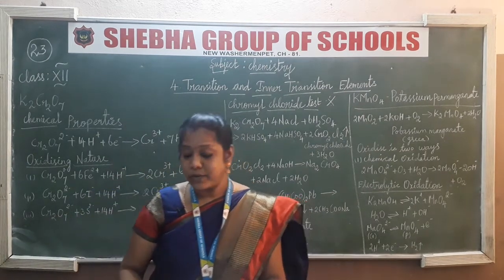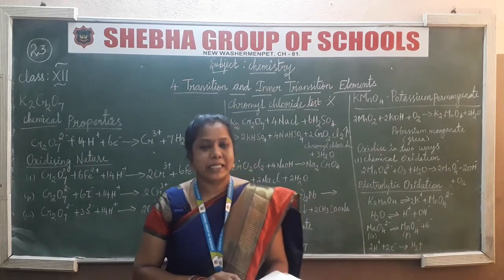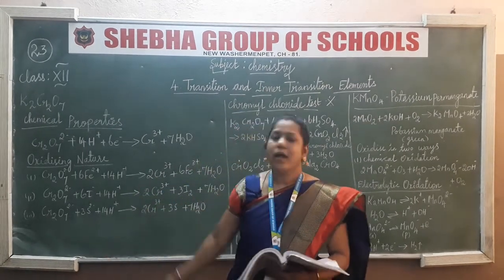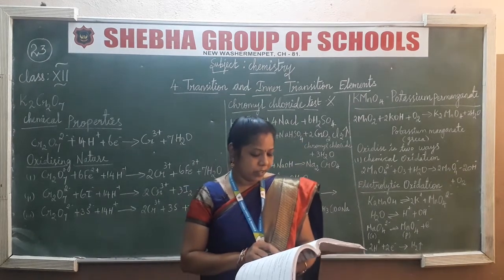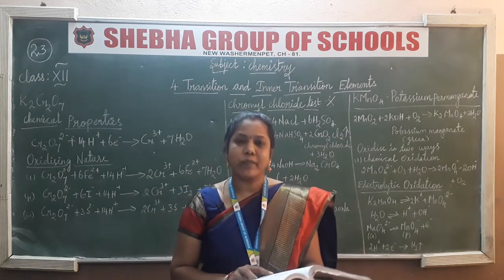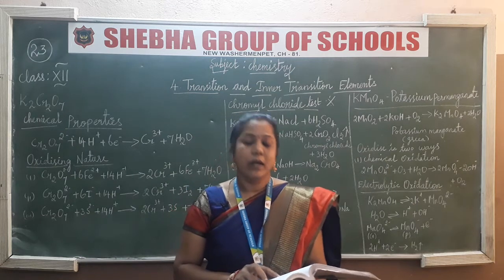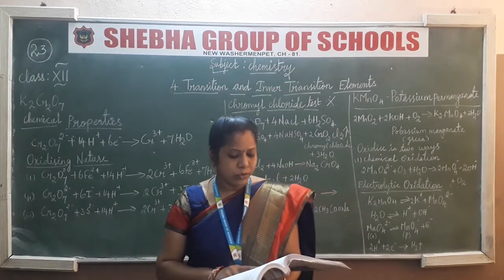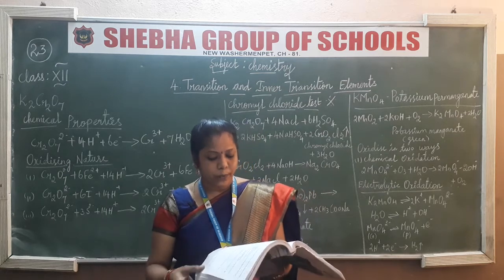What are the main uses? It is used as a strong oxidizing agent. Yes, we know that, we have just done what kind of oxidizing in this chapter. So it is a strong oxidizing agent and it's used in dyeing and printing, in leather tanning, and for chrome tanning. Okay, it is used in quantitative analysis for the estimation of iron compounds and iodides.